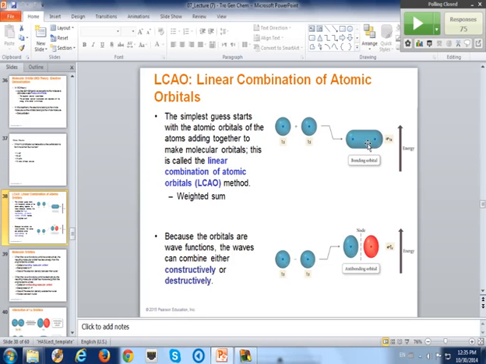And so such greater probability, in particular between the two nuclei, for the electron's existence in this molecular orbital